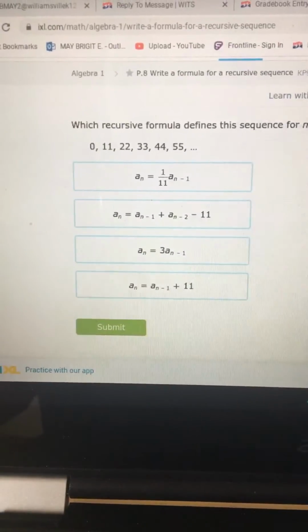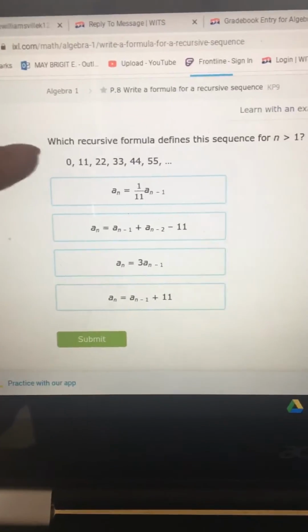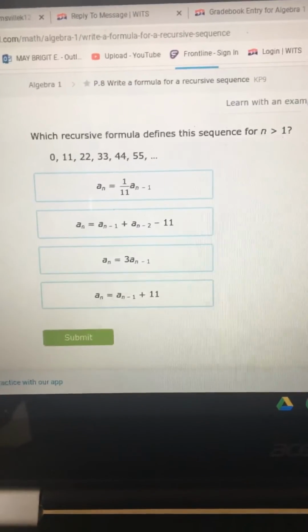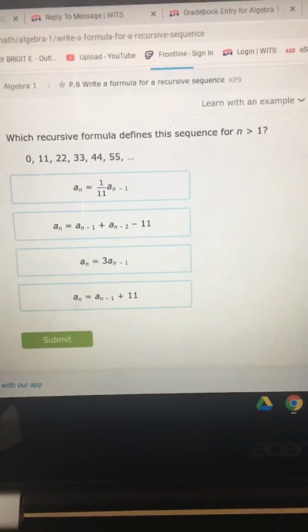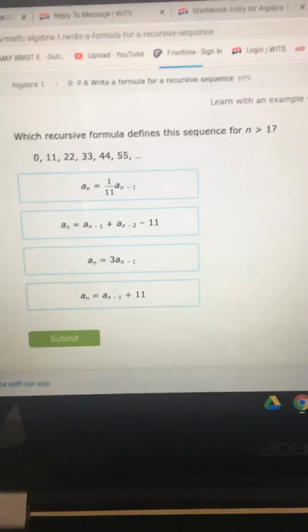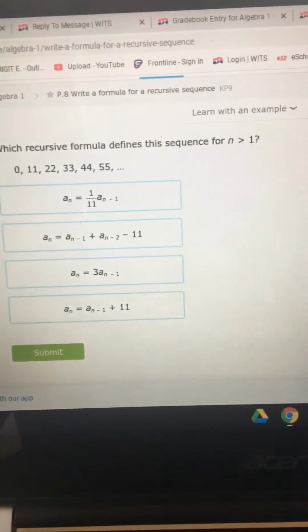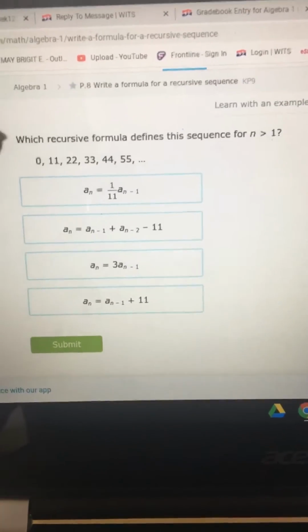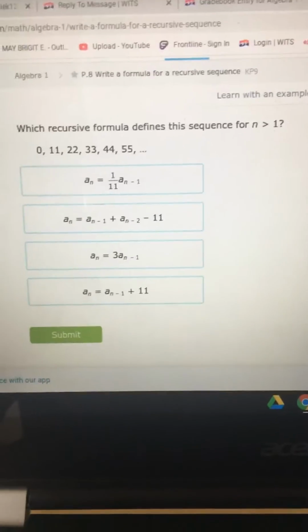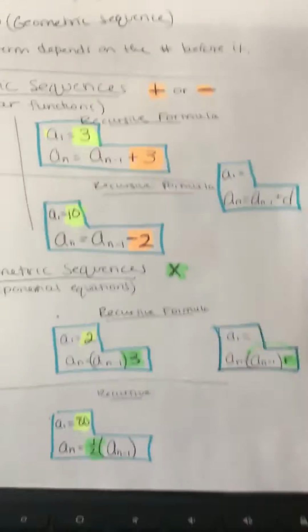So when you go ahead and figure out which recursive formula matches each sequence, you want to first decide, are you adding or subtracting to get from one number to the next? So is it an arithmetic sequence, or are you multiplying to get from one number to the next? So that would make it a geometric. Okay, if you remember from your notes yesterday, and I would suggest you have these out when you do this,